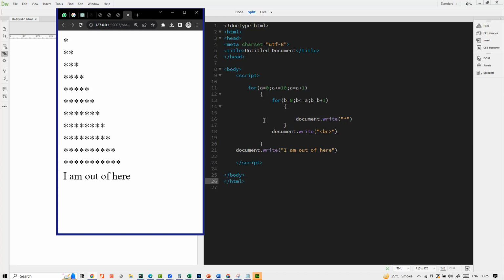Printing 2 stars. I'll tell you why 2 stars. Listen. You agree with me that when we are in the second line, the value of a has become 1. Do you agree with me? Yes. Okay, fine. Excellent. Then do you agree with me on one more thing, that when I enter line 13, the value of b is 0 because every time I enter the for loop